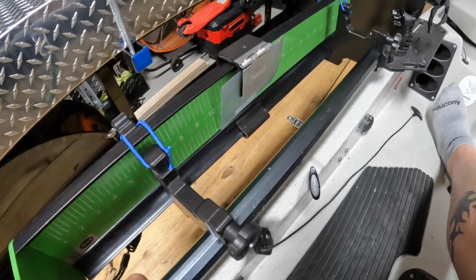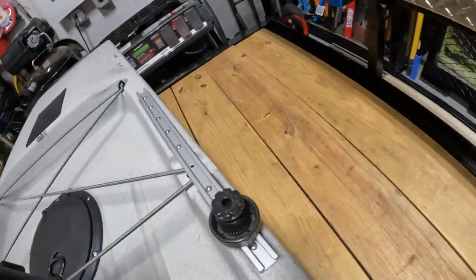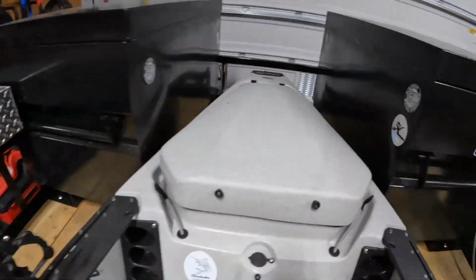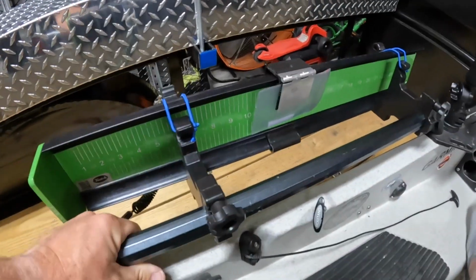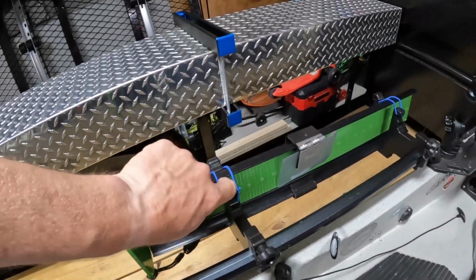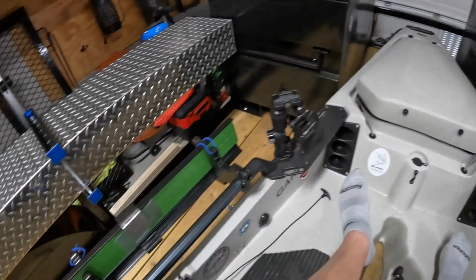He also has them for your regular rail like this, or it could fit in here. So he's got ones that go on that, but he also makes them for the Hobie, which is pretty cool. It goes right on the H rail. So all I gotta do is, after I put my rod in the tube, take the hook off,